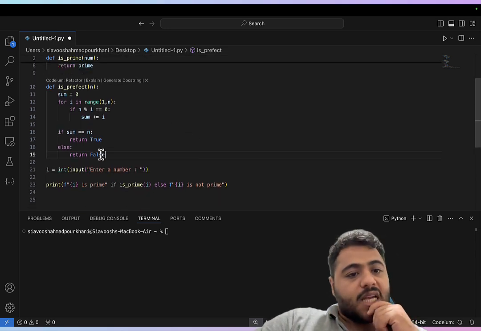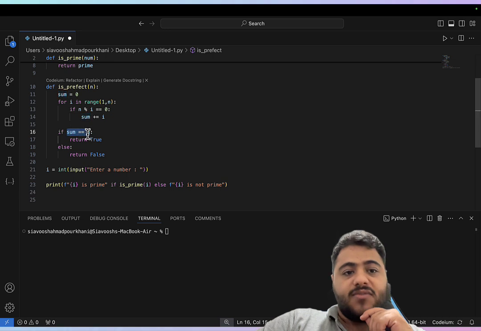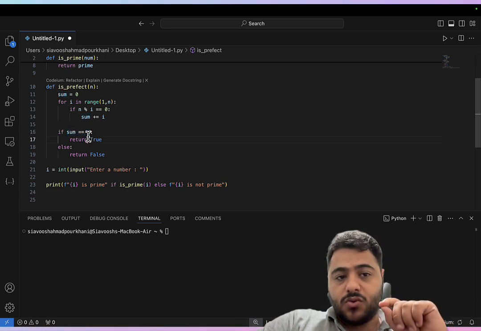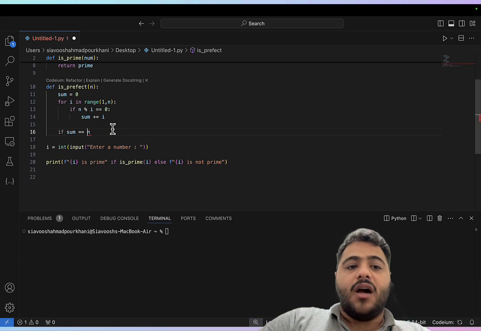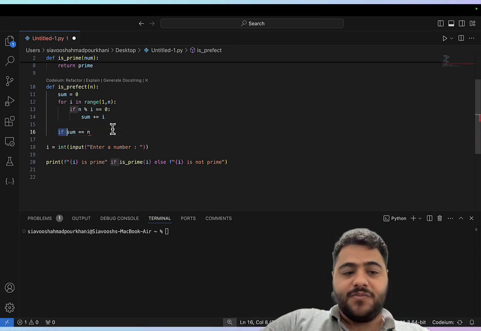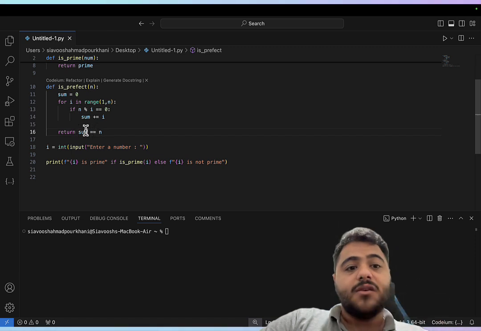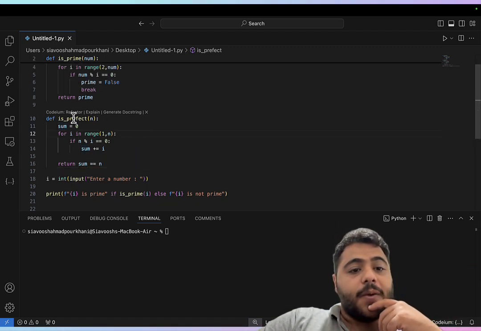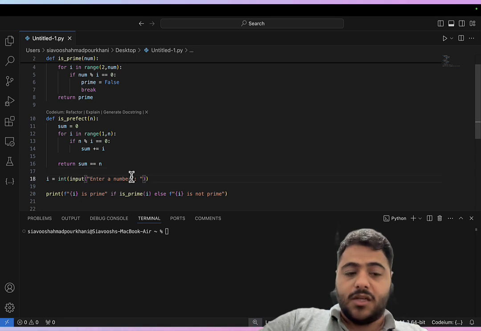So I can just use a shortcut for this. If this part was true, return true. If it was false, return false. You can just simply return this part. I mean, return the result of this part. Okay, so now I have the is_perfect, and I can just